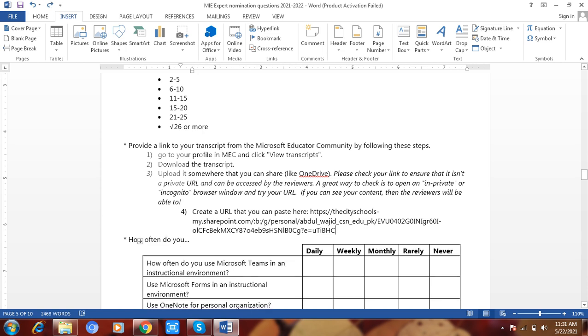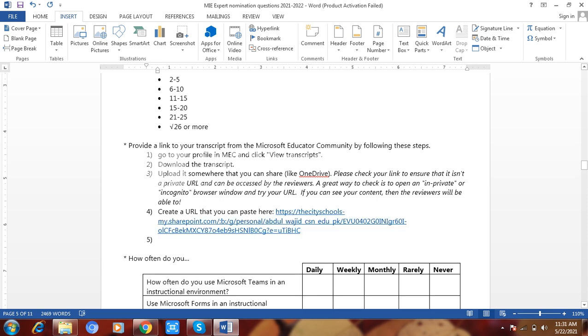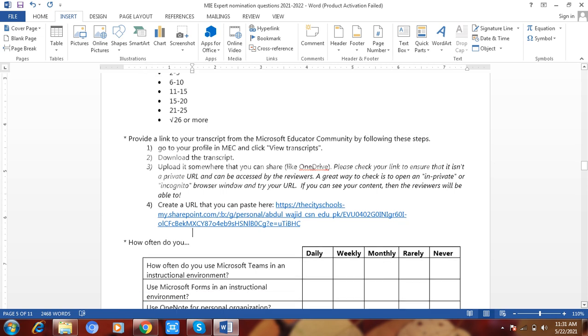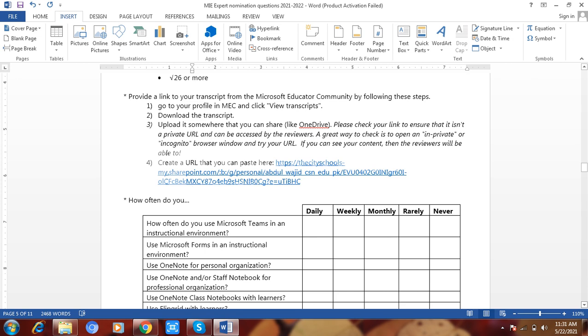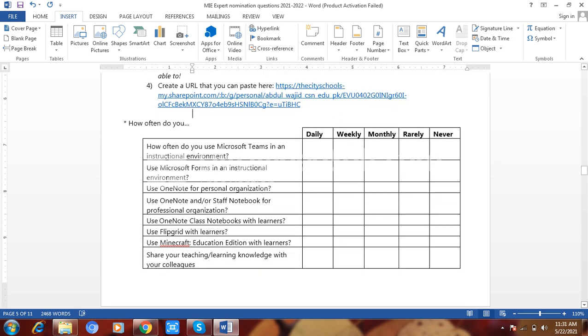If you are not using it, you will click never. Now use Minecraft, and share your teaching and learning knowledge. That one we will click here. We will move to the other page.